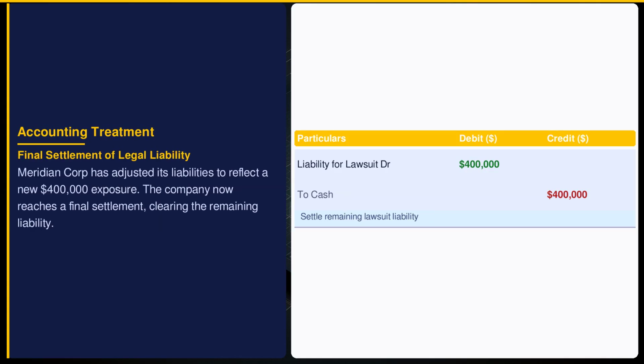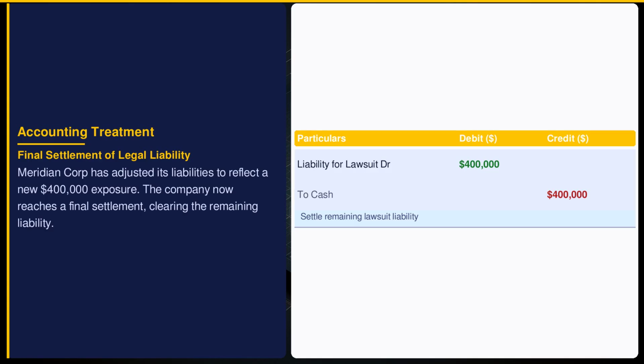Meridian Corporation finalizes the lawsuit settlement by paying $400,000, eliminating the remaining liability. ASC 450 ensures that the financial records accurately close out this obligation. The company's balance sheet now reflects the complete resolution, with cash reduced and liability zeroed out, marking the end of